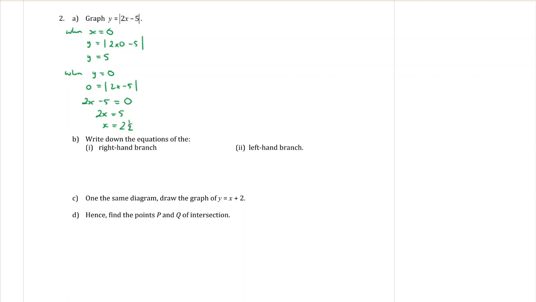Now that x-intercept there is even more special than just an intercept, because that is actually where the point is going to be of the absolute value graph. Because to find the point of an absolute value equation, it is whatever makes the inside of that absolute value 0. Okay, and I've just done that by making y equal to 0 in there. Okay, so to draw it, we have